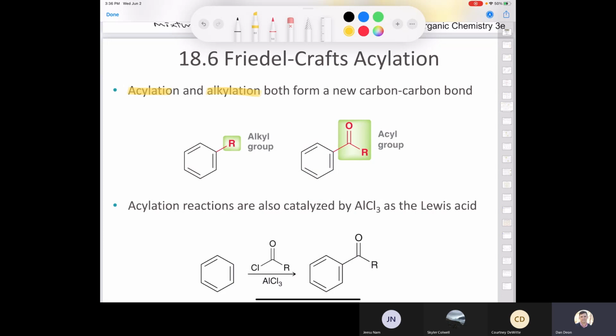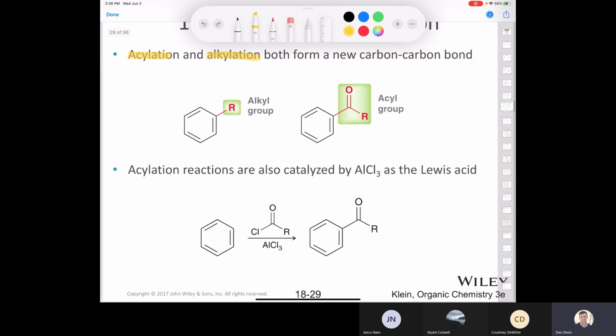Whereas an acyl group is where we have a carbonyl in between our aromatic ring and our R group. So we call that an acyl group. All right. So if we have an acyl group, we need to do an acylation. So if we start with an acid chloride, and you should remember this functional group, this is not a carboxylic acid, this is an acid chloride here, and aluminum trichloride as our Lewis acid, you can imagine that one of